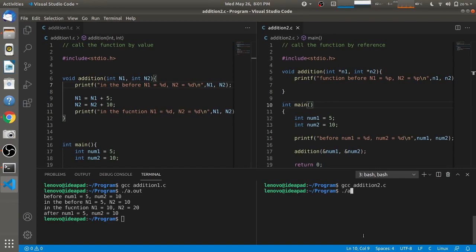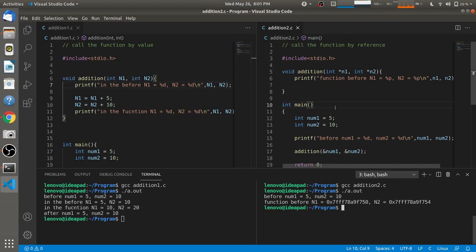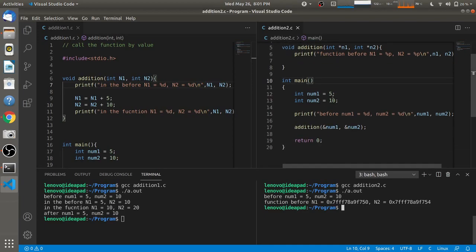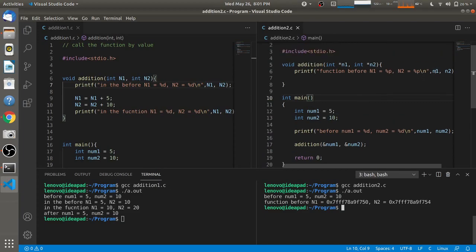After that, I'll just execute that code, and you will see that it is printing some number, that is 0x7ff or something like that, and n2 is 0x7ff 754 and 750. So that way you will understand that it is not printing 5 and 10, so we will understand that these n1 and n2 are the addresses of num1 and num2.